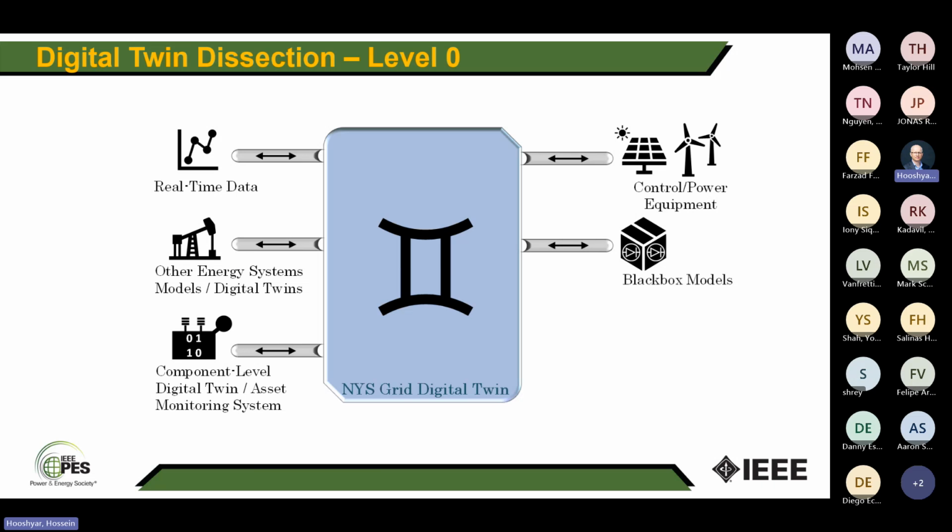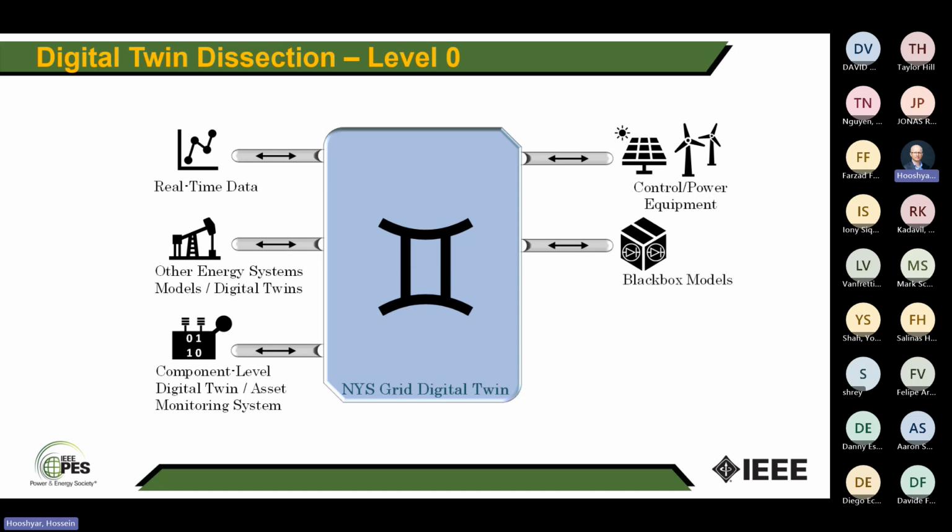So just to give you an idea of what our digital twin looks like, because digital twin is a word that can be interpreted in 100 different ways, I'm going to show you the dissection of the digital twin in 3 levels. So the first level, which is the top level, is the black box digital twin that, as I mentioned, will interchange some measurements or data or some sort of information with the rest of the